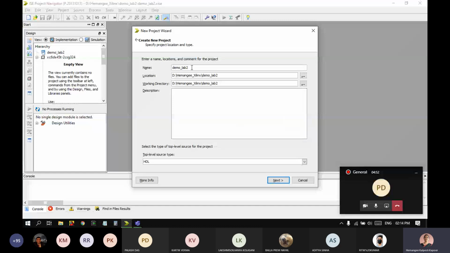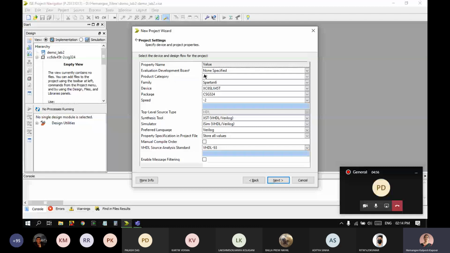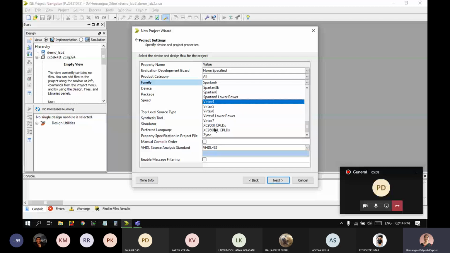This window tells you what type of FPGA the project will be downloaded on, that is, the target device. Here you can select Virtex, Spartan, Zynq and all those types of boards.